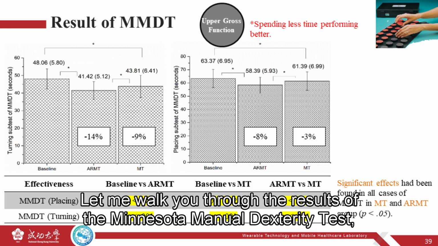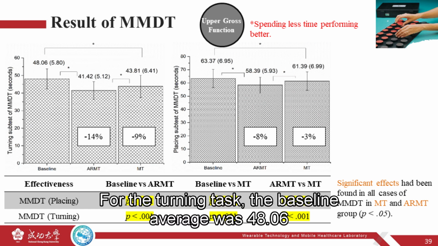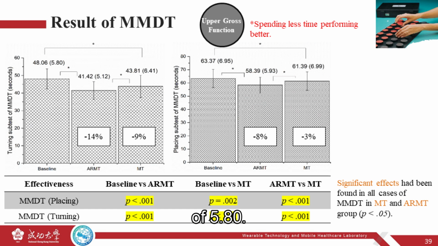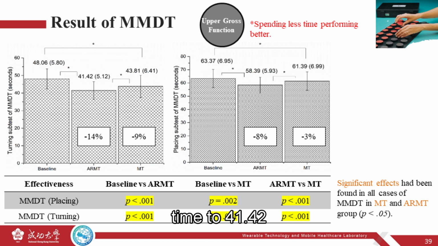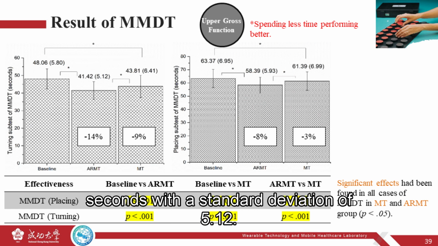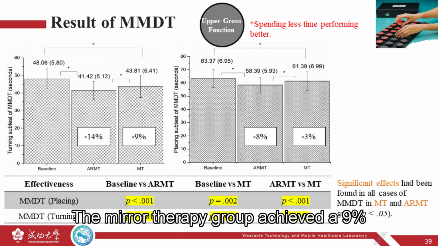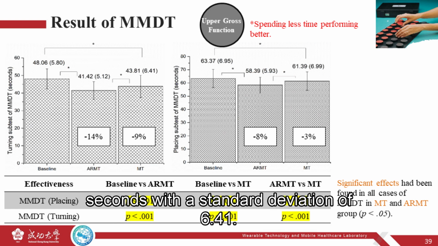Let me walk you through the results of the Minnesota Manual Dexterity Test, where shorter completion times indicate better performance. For the turning task, the baseline average was 48.06 seconds with a standard deviation of 5.80. The assisted repetitive movement therapy group demonstrated a 14% improvement, reducing the time to 41.42 seconds with a standard deviation of 5.12. The mirror therapy group achieved a 9% improvement, lowering the time to 43.81 seconds with a standard deviation